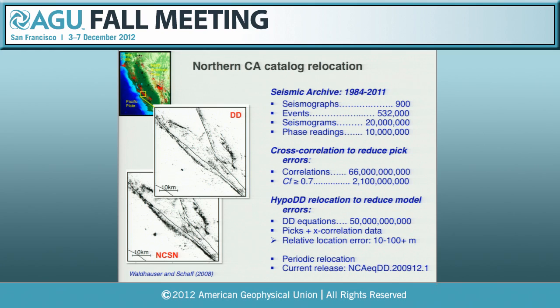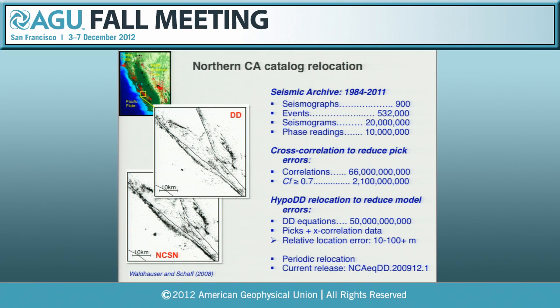The NCSN runs about 900 seismic stations, and includes over 500,000 earthquakes, 20 million seismograms, and 10 million phase picks. So we use cross-correlation tools to reduce the pick errors. We carry out about 66 billion correlations on those waveforms, and we retain about 2 billion delay times that we measure from similar seismograms, similar at a correlation coefficient of 0.7 or larger. We combine the correlation data with the pick data